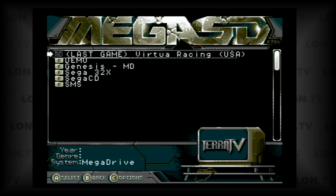So here we are on the main menu of the Mega SD. One thing I suggest you do when you first get it is to download the latest firmware update from Terraonion. Mine took a while to get to me, and while it was in transit, they released a pretty big firmware update that resolved some glitches I was having with the cartridge when I first put it in. So get that going. You'll also need to source BIOS files for the Sega CD, and if you plan on running European, Japanese, and American CD games on your cartridge, you'll need to get a BIOS for each of those